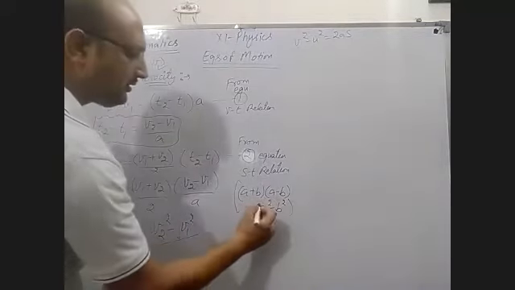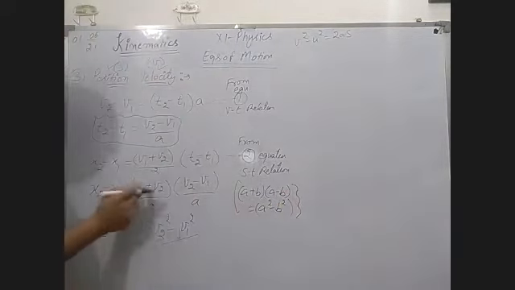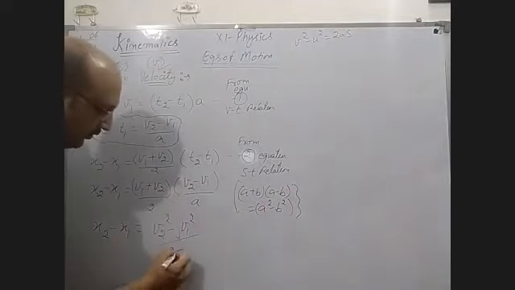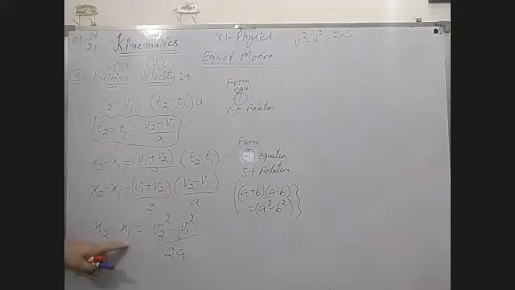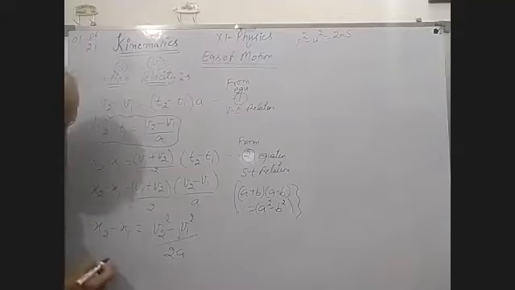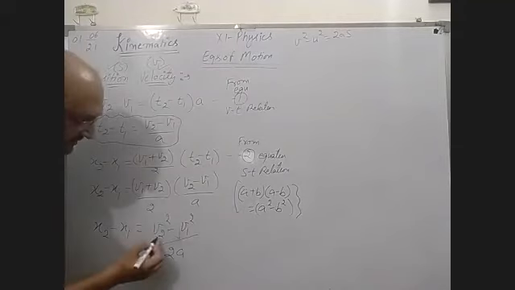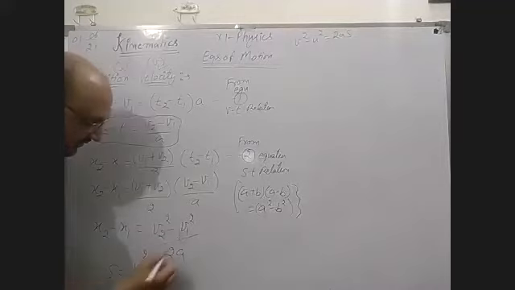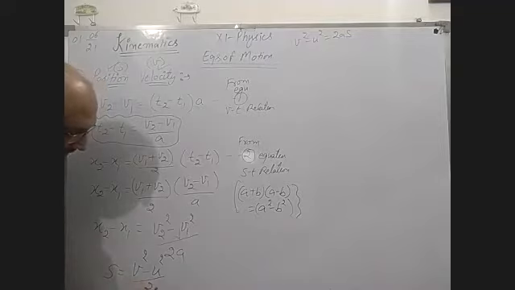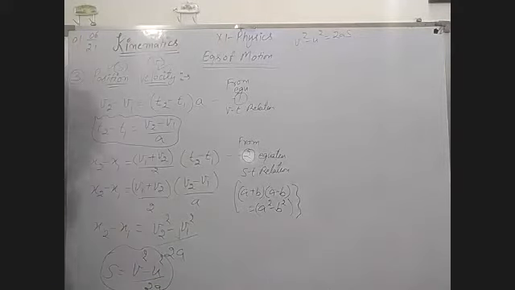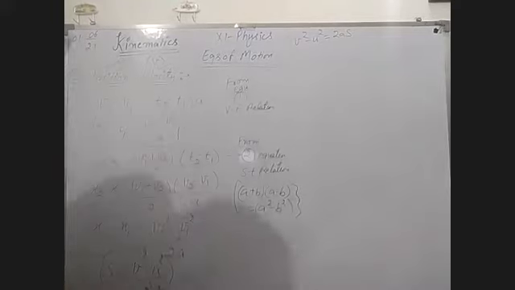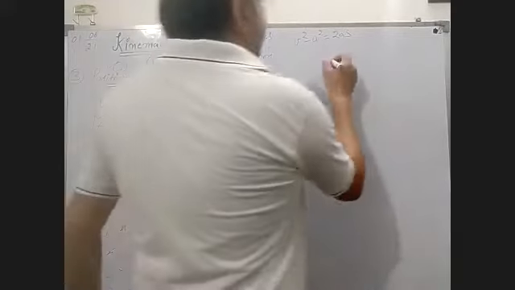Now x2 minus x1 is (v2 square minus v1 square) upon 2a. Now you have to put v for v2 and u for v1, so x2 minus x1 is (v square minus u square) upon 2a. In this way, we can take the position velocity relation: v square minus u square is equal to 2a times the displacement.